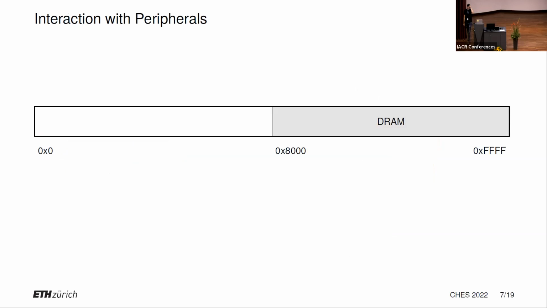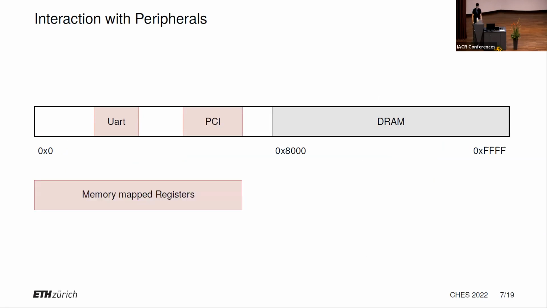So maybe a quick recap for some of you that don't know how this works. How do you interact with peripherals on current systems? It's pretty easy. Here you have memory. This is a physical address space. After some address, you have DRAM that's all mapped there, so you can access it based on addresses. But you also have other devices in address ranges that are not part of memory. So you have UART, you can have PCI devices, stuff like this, and you communicate with these using what we call memory mapped I/O, memory mapped registers. You can just access an address like this, and they will respond or interact somehow with you.